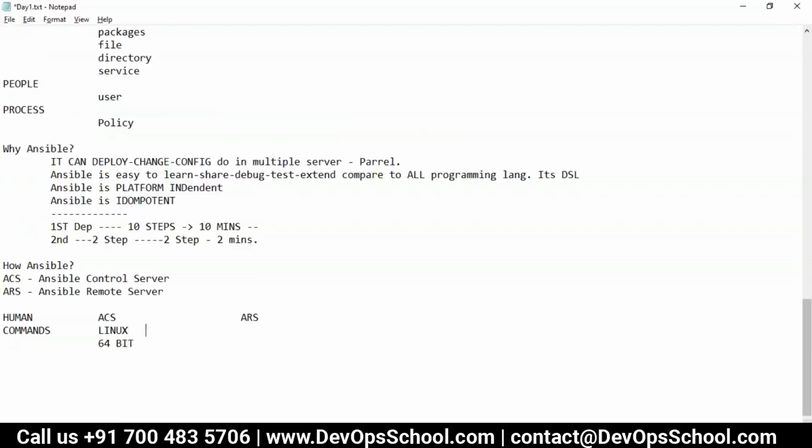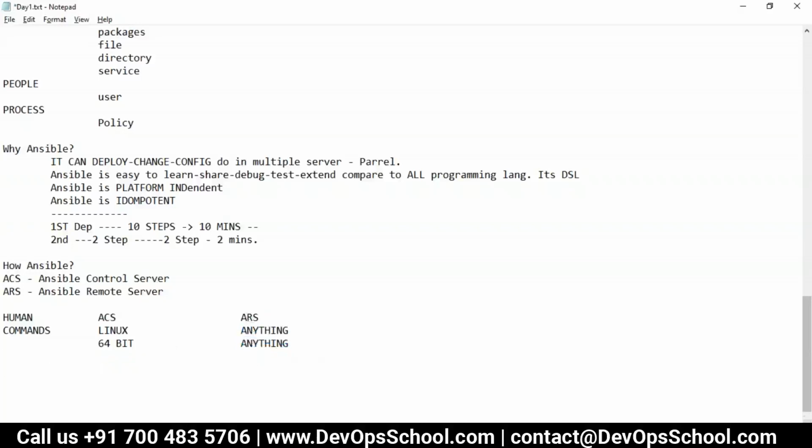Whereas in ARS, it can be anything, Windows, Linux, anything, and it can be anything in terms of bit. Okay, so there is no such specification. Here it can be Windows, it can be Linux.